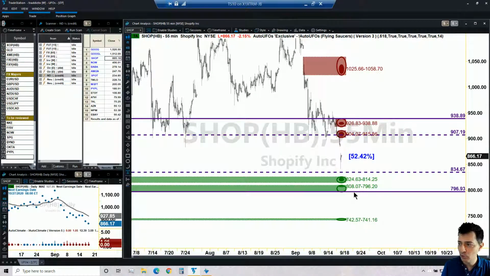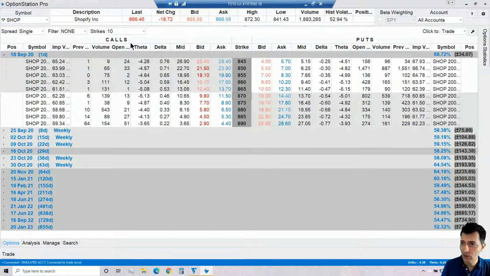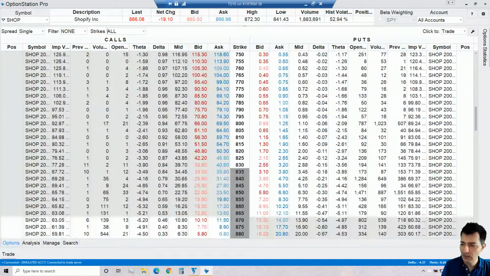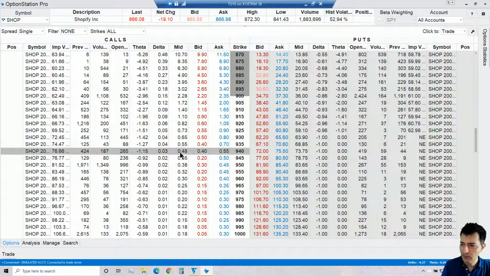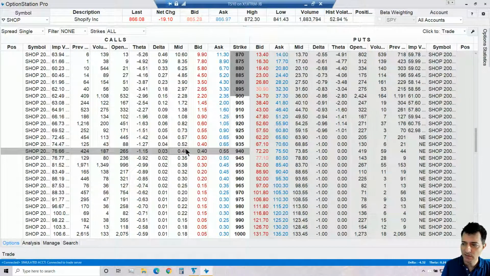I got 2 UFOs above, 2 UFOs below. I need to look at the pre-market and post-market session, by the way, which I haven't. I will in a second. But really, beyond all of this, my main concern is how much I get paid if I sell the 940. Okay, and probably I get paid too little. So if I load all strikes and I look at the 940, so the 940 is paying me 48 cents, and if I buy the 945, I have to pay 35 cents. So really, the difference is not enough, because we are risking $5.